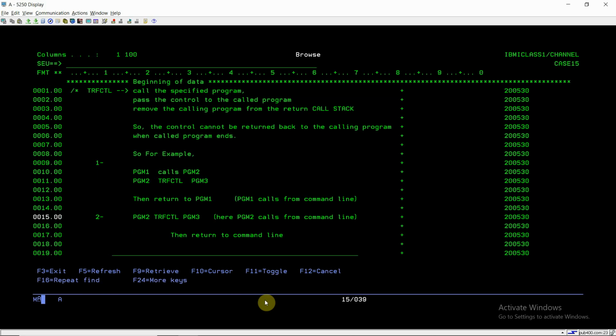Since TRFCTL is the transfer control command, it basically behaves the same as the call command.